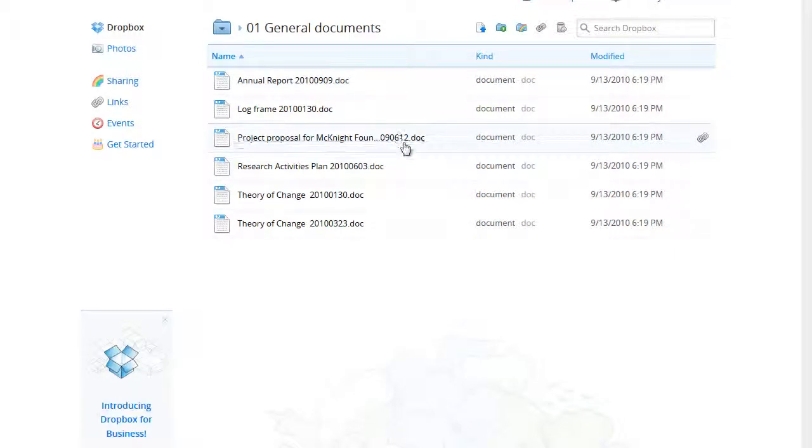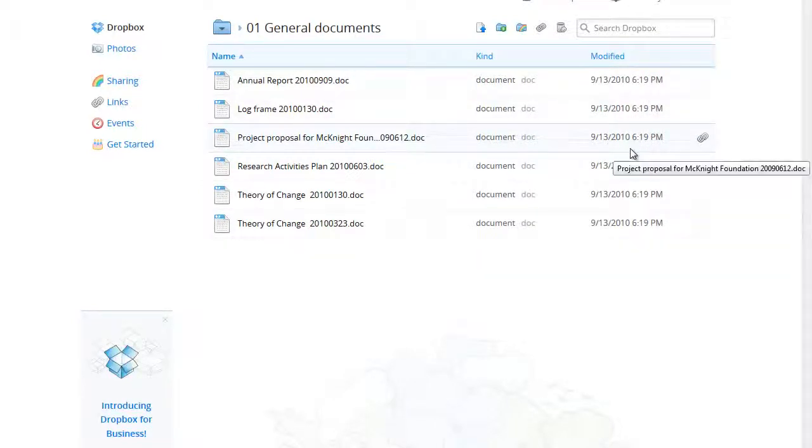You'll also notice there are 2 theory of change documents. The first is dated the 30th of January 2010 and the second one the 23rd of March 2010. Some people like to keep previous versions of documents like this, and with this method of naming the files you can easily see which is the most up to date. Don't rely on the date modified, as this sometimes picks the date a file was moved or copied, and you can see in this example it's no help to us at all. Also, if you have any Access databases, for example, the date modified changes whenever you open the database file, regardless of whether or not you make any changes.